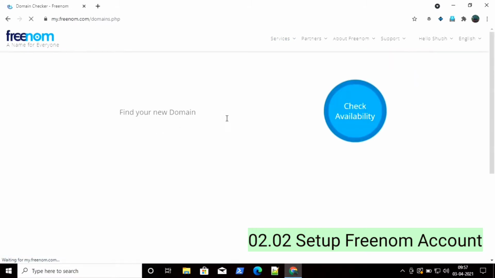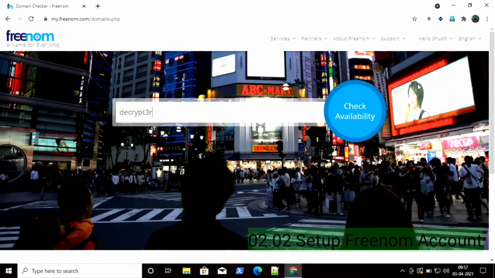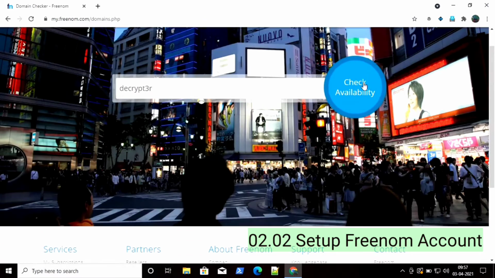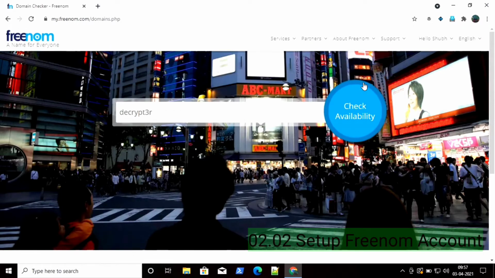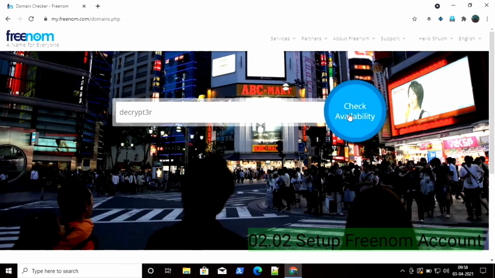In the find your domain search box, enter any keyword for which you want to register your domain. Click on check availability. This site has some bugs, so it will sometimes take time to check your domain. So simply try to click on check availability 2-3 times, or wait for 5 to 10 seconds.